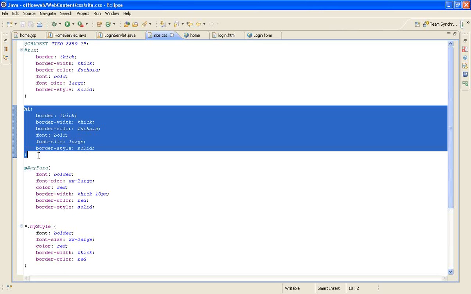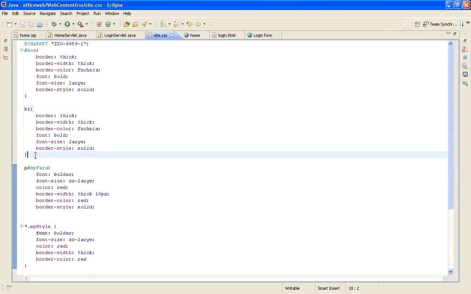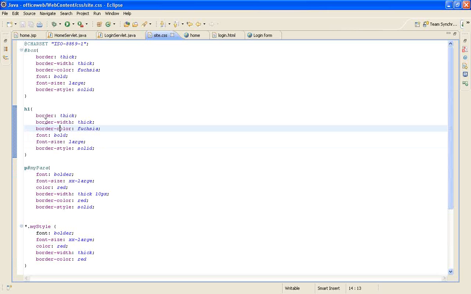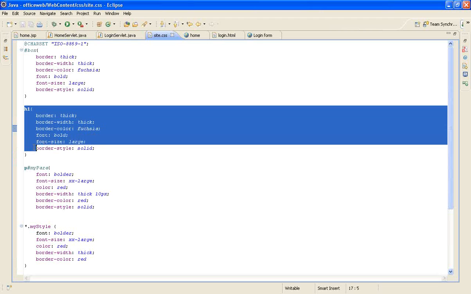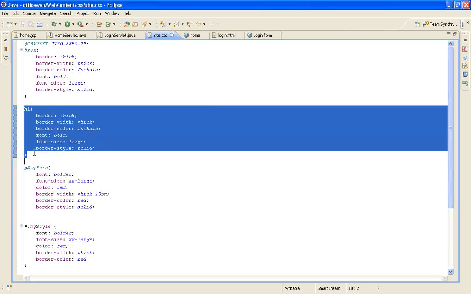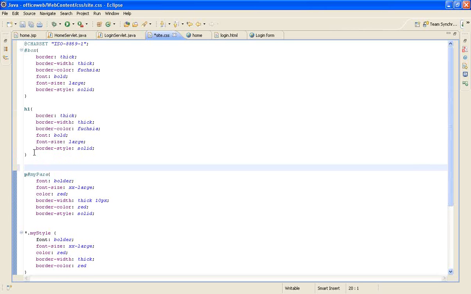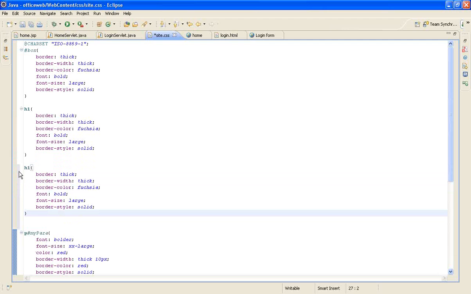Now the next one is, suppose I don't want to update everywhere. If I have H1s in some number of places, and I want a very specific style, let me copy paste this. I want to use it only in the case of headers, the page header.